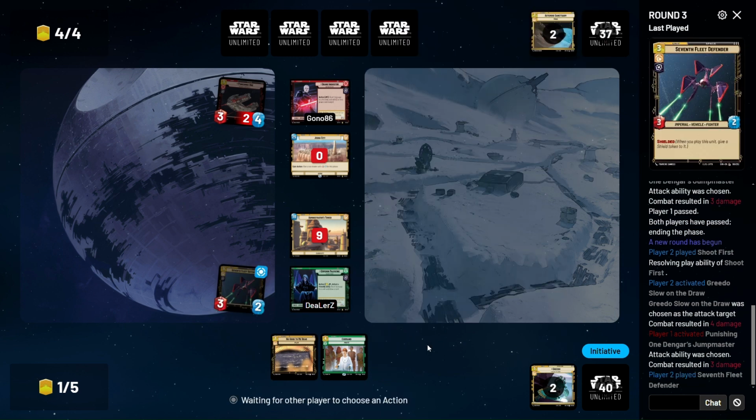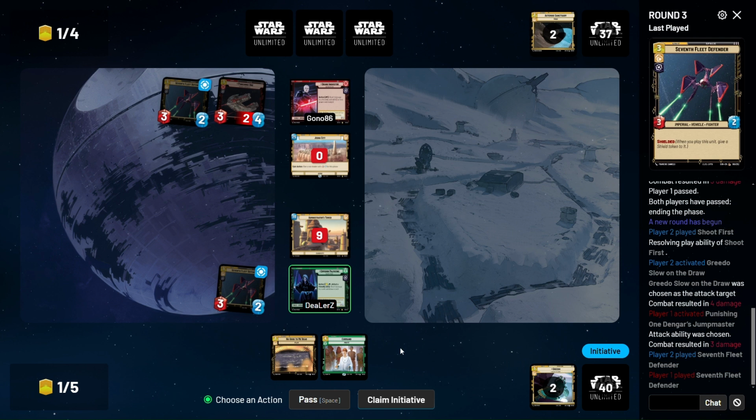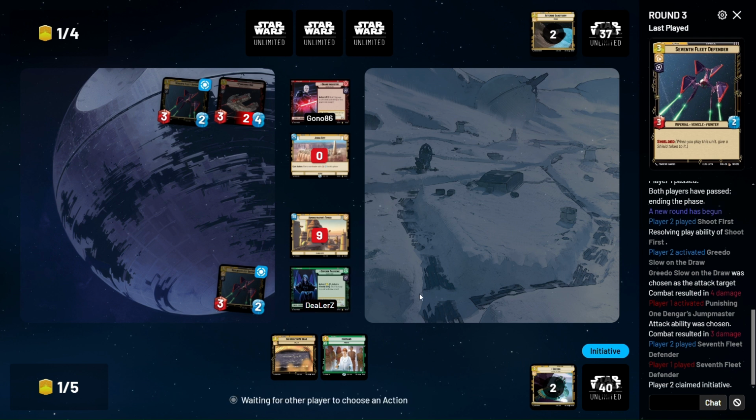Let's just play 7th Fleet Defender, and then claim initiative. He's at 9, which is a good amount. A 7th Fleet Defender will kill the punishing one. Claim the initiative, kill, and then we can No Good to Me Dead or command. Okay. Well, that's...